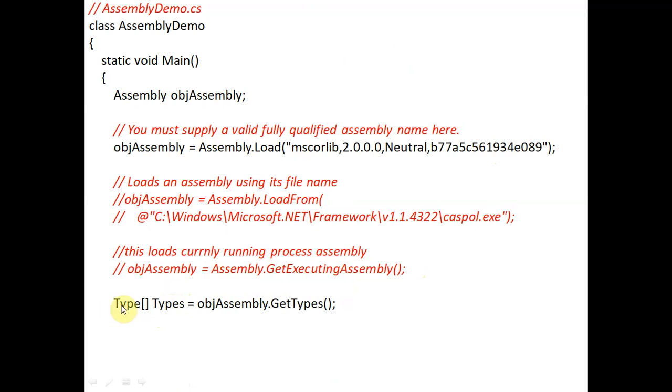Now we write a Type array. Type is a predefined class, and its object is types, and it is an array object because this sign represents an array type. And objAssembly.GetTypes: from this assembly we are getting all its types.